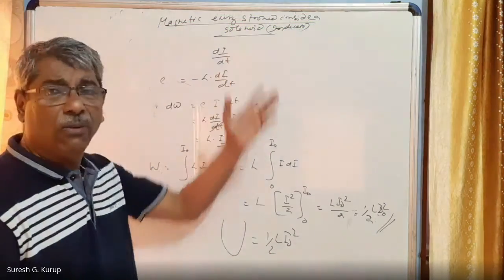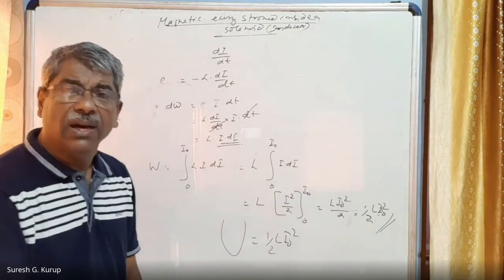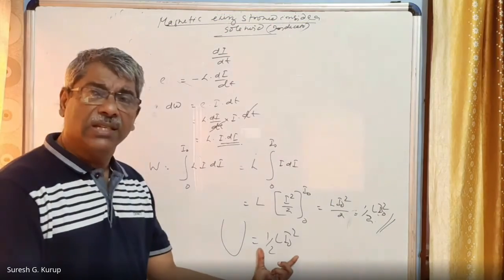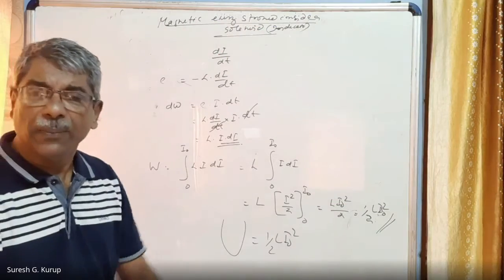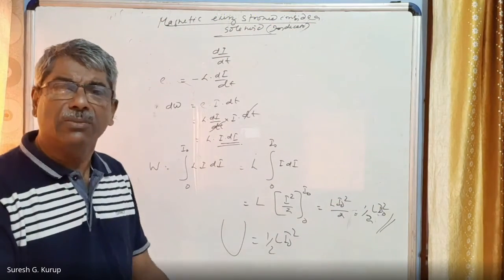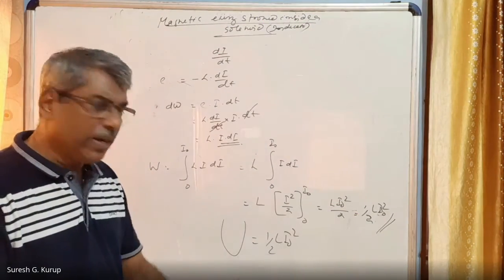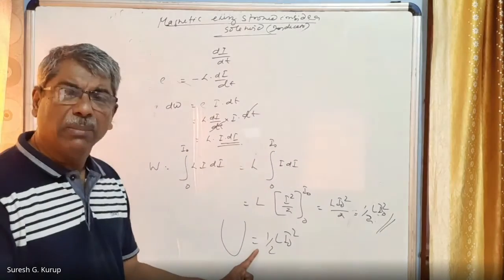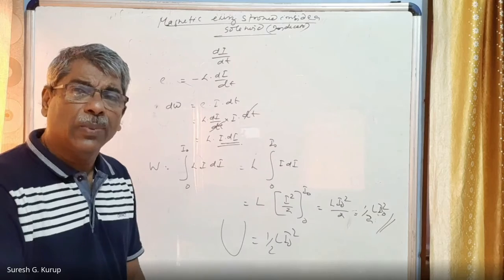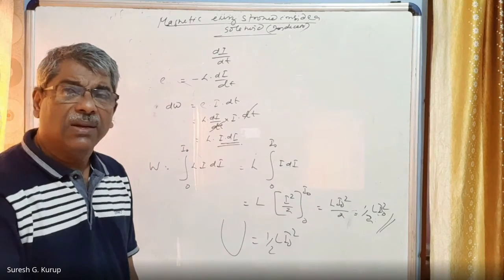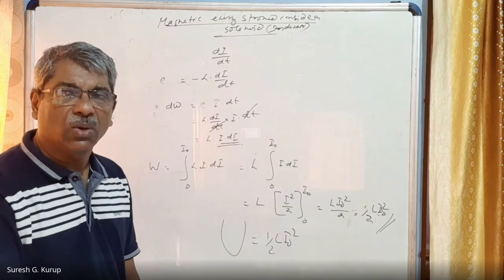This is not only for an inductor. Anywhere when there is a change in magnetic field, the energy inside that region is given by half L I square. Anywhere there is a change in magnetic field like this when current goes through, we can write this formula. Energy stored inside the magnetic field is equal to half L I0 square. In the same way, in the case of a capacitor also we have seen, what is the energy stored in the space between the two plates of a capacitor? That is equal to half CV square.